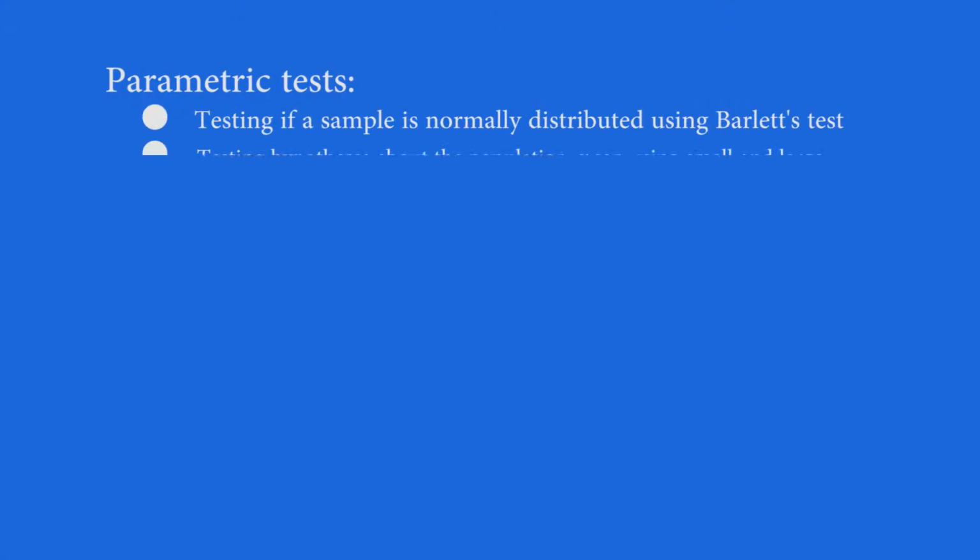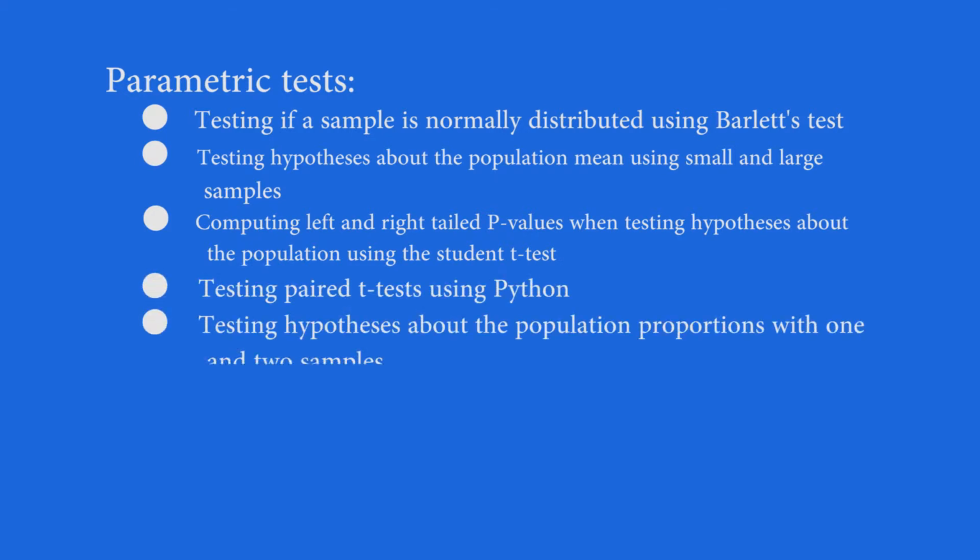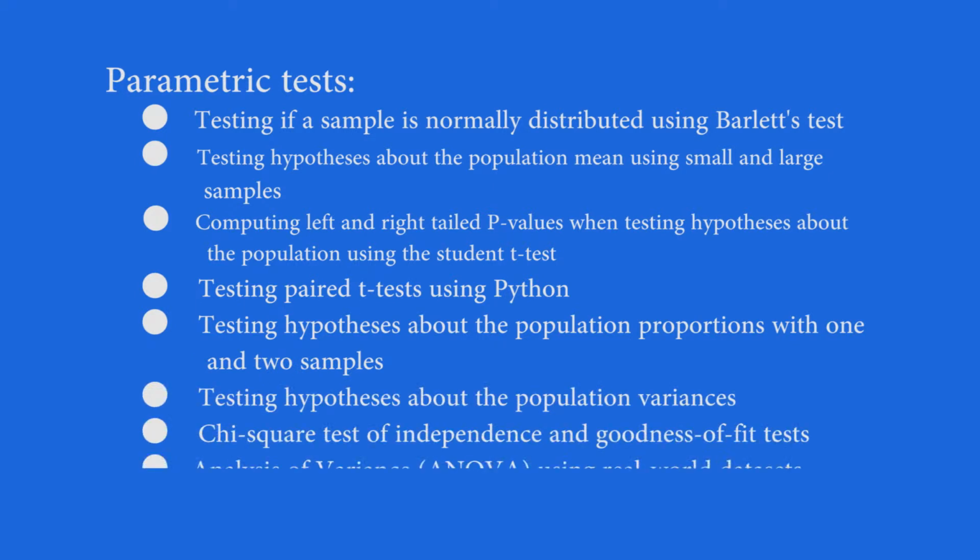In this course, we will cover various statistical tests. For the parametric tests, we will be testing if the sample is normally distributed using the Bartlett test. We will test hypotheses about means. We will test hypotheses about population proportions and about population variances. We will use the paired t-test. We will test using chi-square, the test of independence and the goodness of fit test. We will use the ANOVA. So we will cover all these various parametric tests in detail so that you can see hands-on how they're used